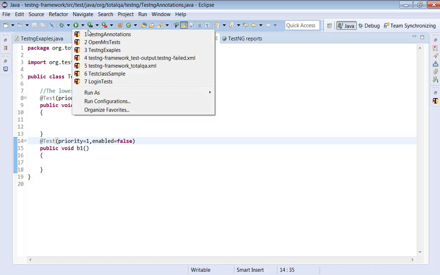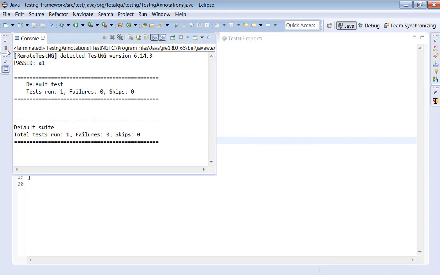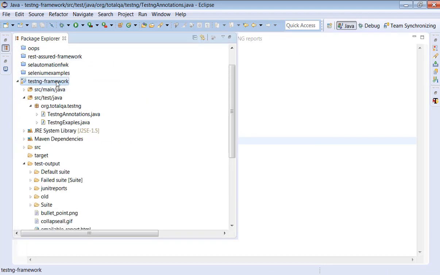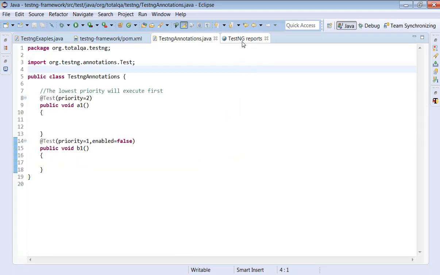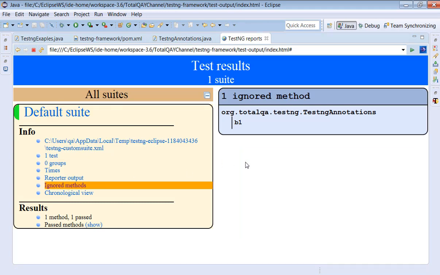Let's execute the program now. Refresh the project. It is always a good practice to select the project and refresh it. Then you go to the tab here, then again refresh it. You can see the ignored methods. b1 is ignored. Why? The reason being, we put enabled equal to false.